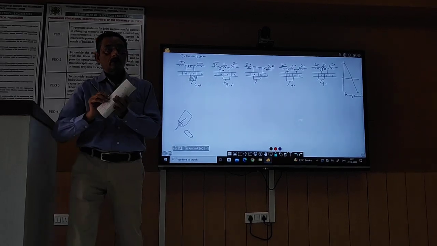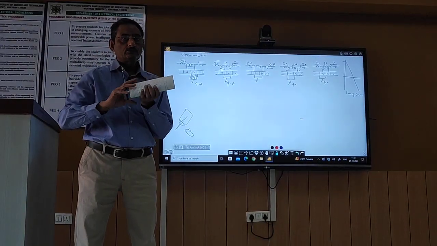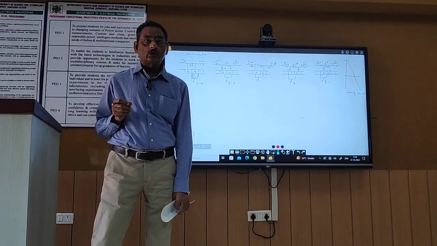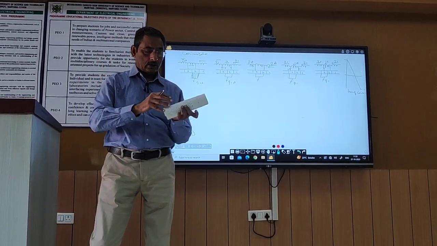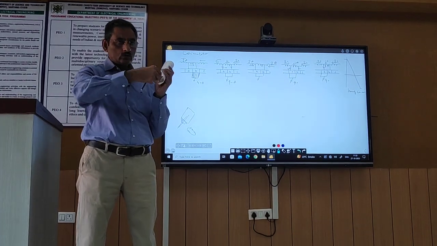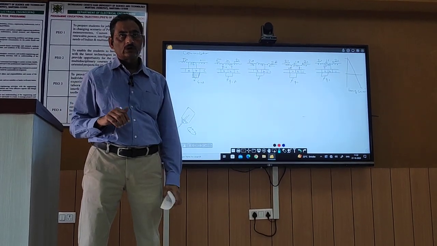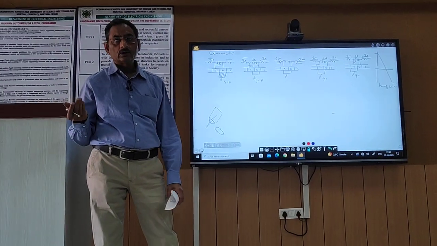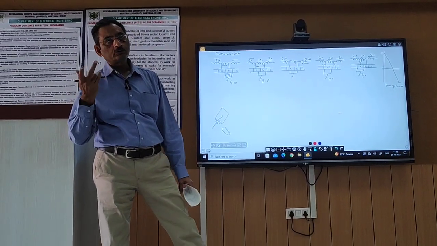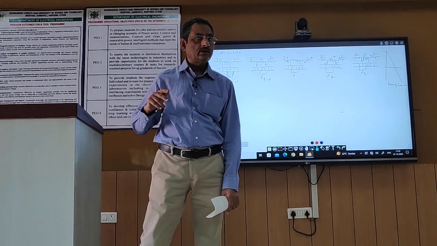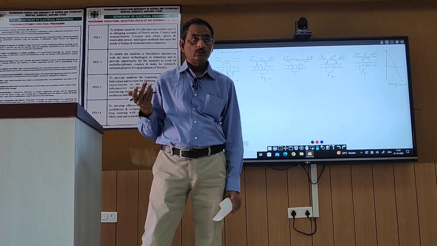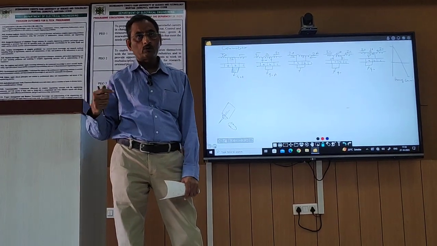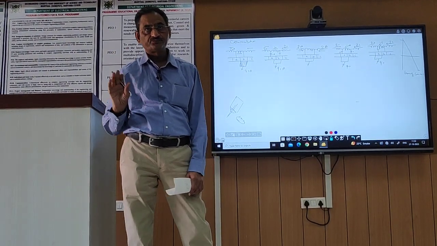So when this rotor is rotating, meaning the armature is rotating, the armature conductors are connected to the commutator. On the commutator there are brushes. There can be 2 brushes, there can be 4 brushes, depending upon the type of winding. If it is a wave winding, then the number of brushes will be 2 only. If it is a lap winding, then the number of brushes will be equal to the number of parallel paths, the number of poles. The number of poles may be 4, 6 or 8, whatever it may be.